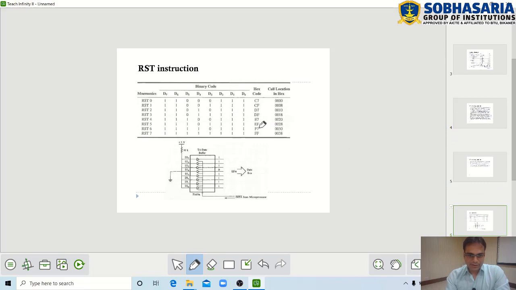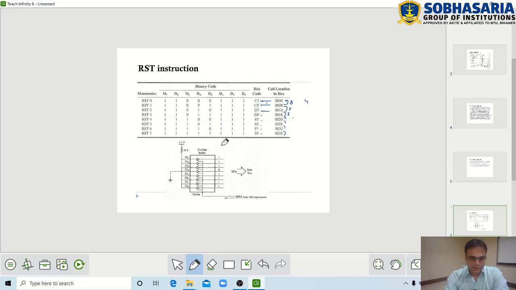So these are the RST codes, hex codes. As I have told you earlier, the INTR instruction has 8 vector locations. Each of the 8 vector locations has its own hex code, or we can say RST code. You can see there is a gap of 8. Observe, there is a gap of 8, right? Usually such interrupts which are non-vectored have a gap of 8 or a gap of 4.